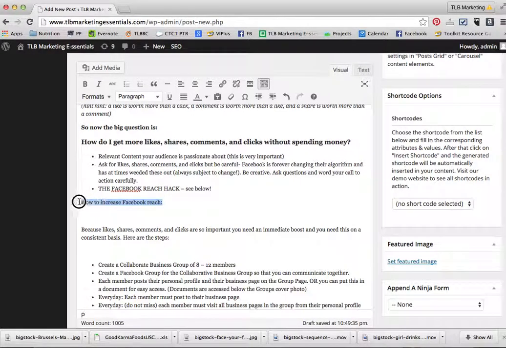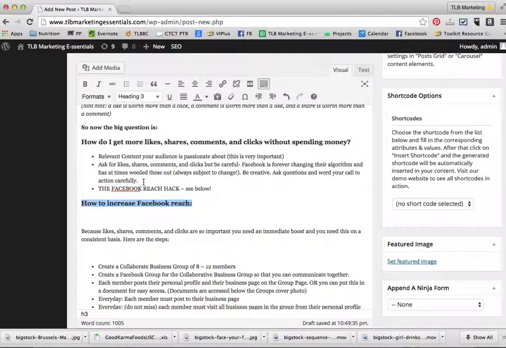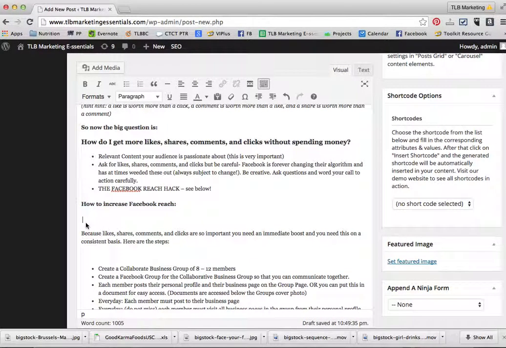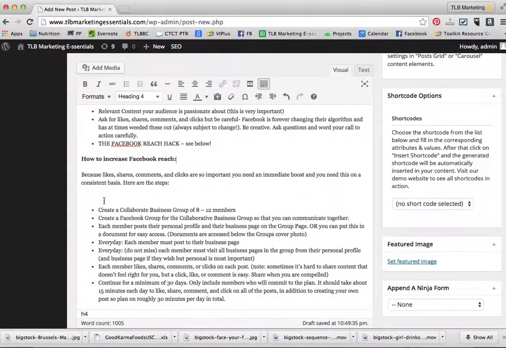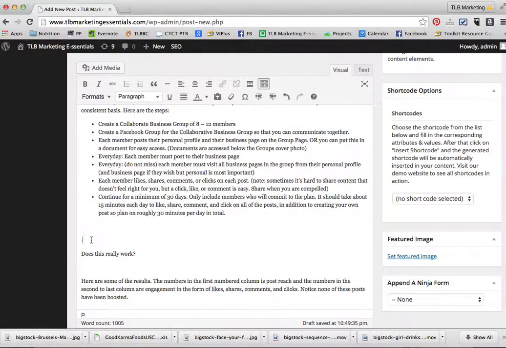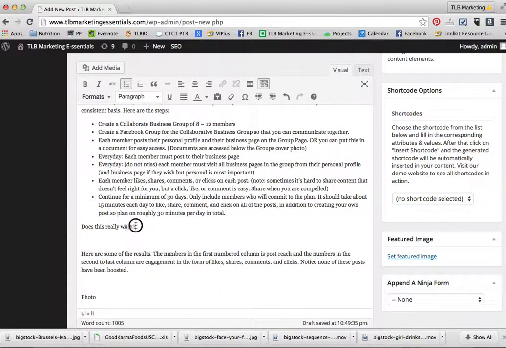And you'll see there are a couple areas in here where I've got photo. You can't see it quite yet. And let's see, this one I'm actually going to go down to heading 4 because it's a little bit different than my main questions. And we're just about there. Again, this one's going to be a heading 4.